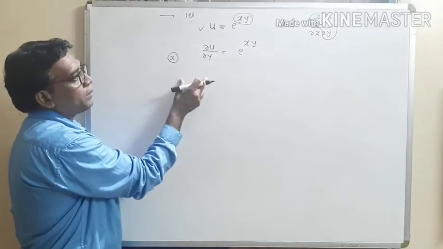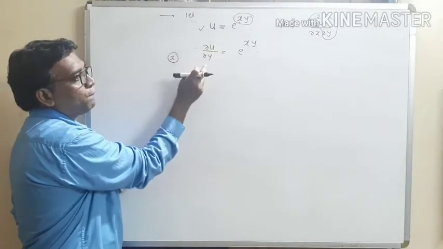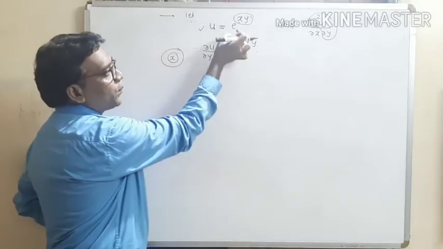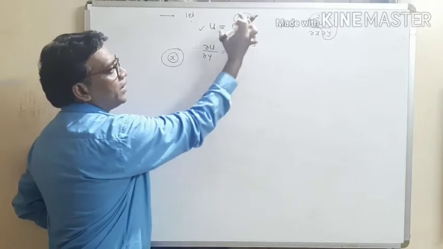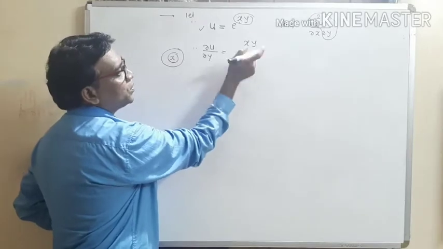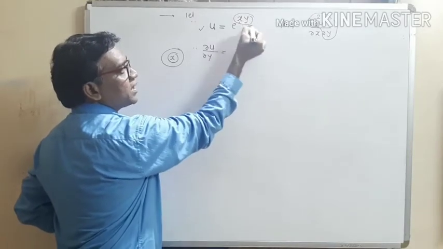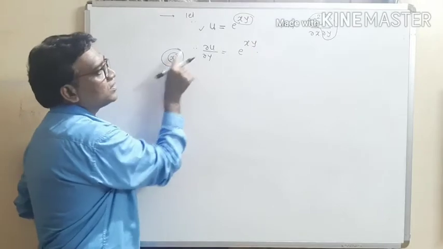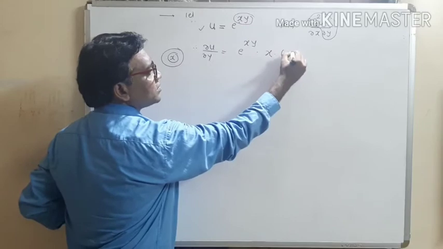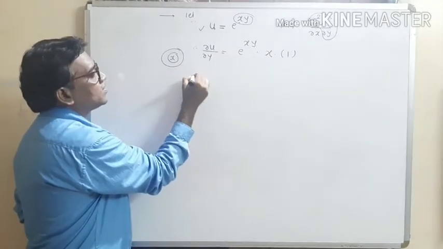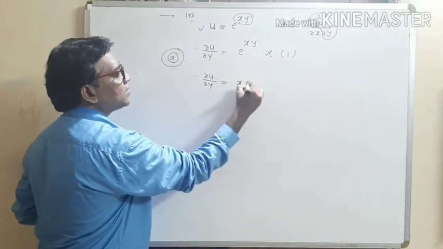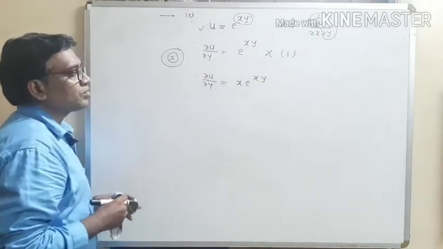How to find out ∂u/∂y? Differentiating u partially with respect to y by treating x as a constant term. So first of all, write the derivative of exponential term. Derivative of exponential term, it is the same, into, according to chain rule, just multiply by derivative of this xy by treating x constant. So x, this is constant term, and derivative of y, this is 1. So this is equal to ∂u/∂y, this is equal to x into e raised to xy.